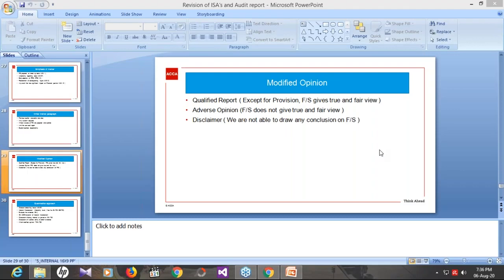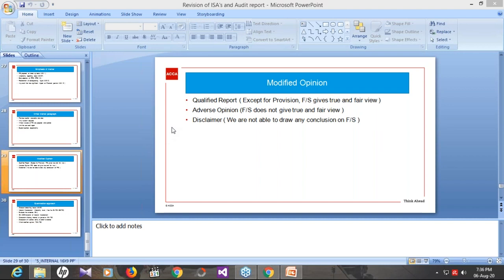So Saad asked a question, is it important to refer to ISAs in the answer? I recommend that you should use ISAs and refer to ISAs, at least the numbers of the ISAs. For example, for going concern, you should refer to ISA 570, and you should state the auditor's responsibility according to that ISA, and you should memorize the exact responsibility. So you should memorize these 2 to 3 lines exactly from the book or from the slides. This is important so that you can discuss the implications of that responsibility afterwards.